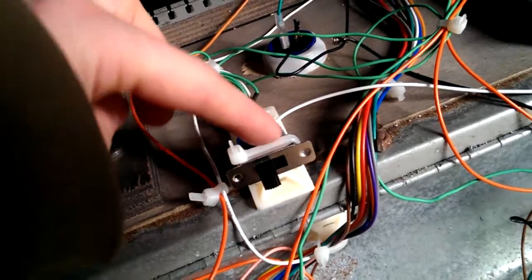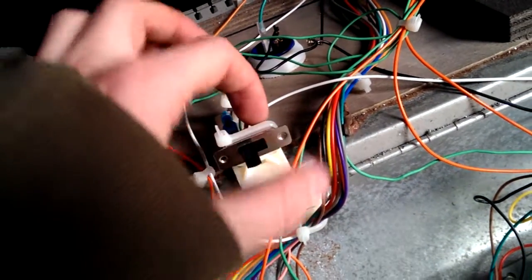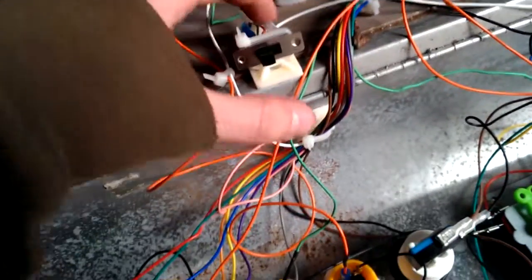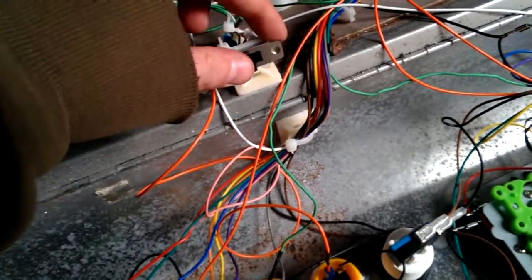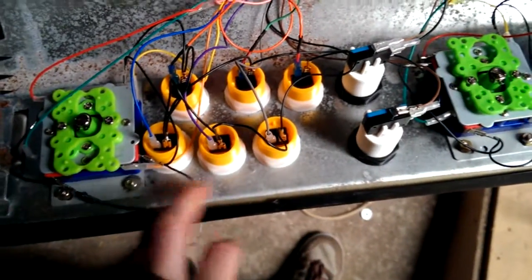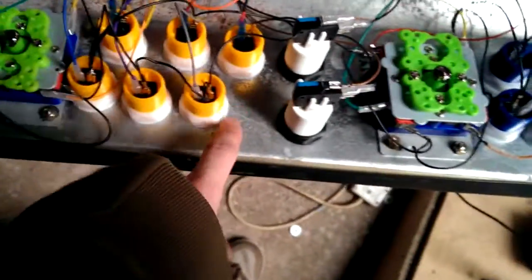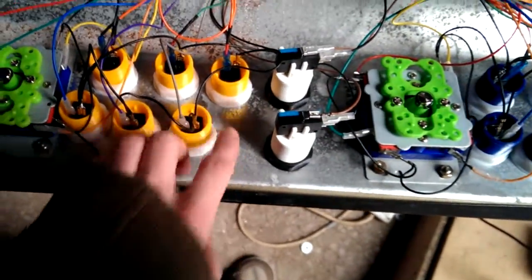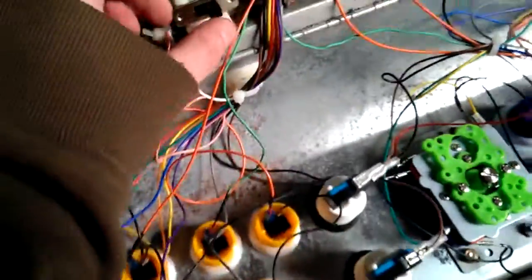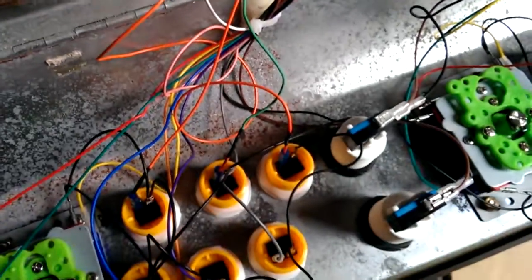So here we go. This is your white. My harness is white. That's actually D, button D on the harness. So if I throw this over to this side, it will convert this button down here to a D. So you can see it will go A, B, C, D. Same on here. So I did it as that because they're not in a line, but it'll be easy enough to reach. And if I flick it back over,